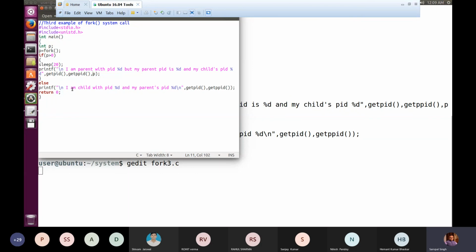And so far whatever I have explained to you is simply that child is just a clone of parent. We are not letting the child have a different code. But later on we'll see that with the use of exec, it is possible that the child is overwriting itself with the new code. And in that case, it will become totally independent of parent as far as code is concerned. So now both of them will be having a different code. Okay, but that we'll see later on.